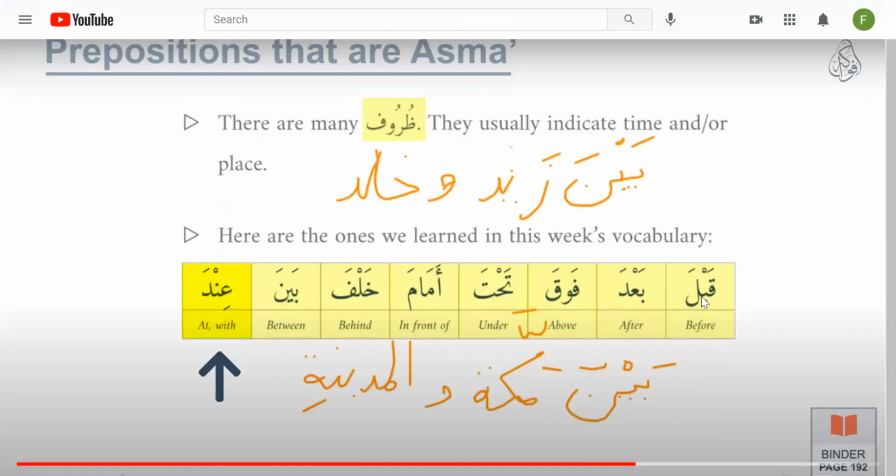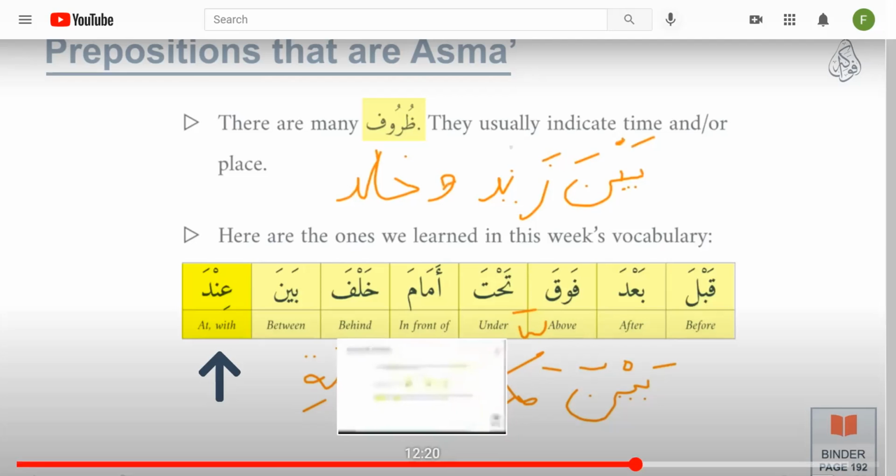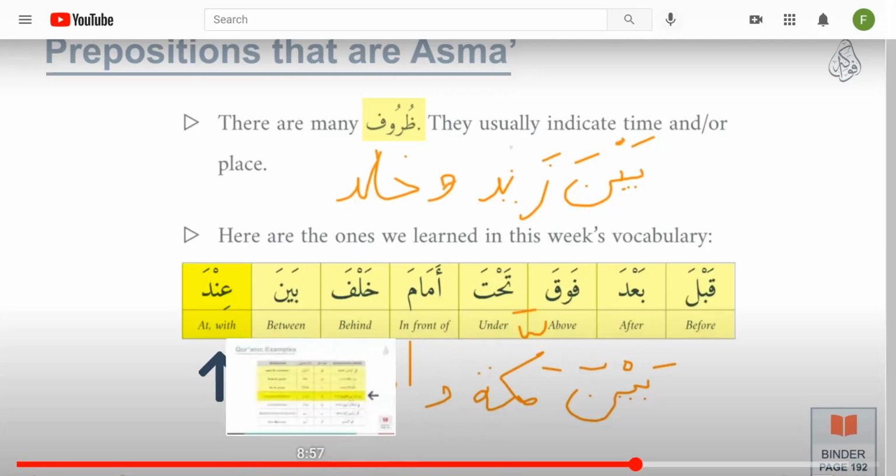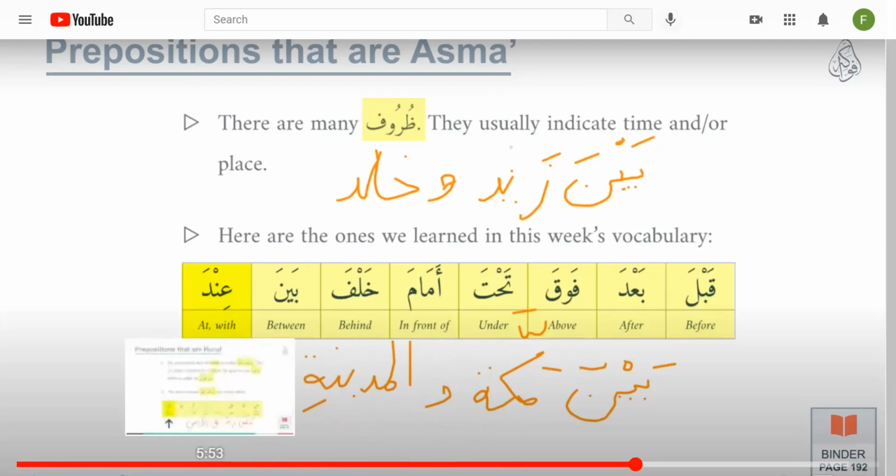So let's talk about that real quick. This will be the last thing that I talk about today. Notice that the dhuruf have a fatha at the end, right? One fatha specifically, though they can technically have two, but normally they have one. Notice that for the huruf, which is this picture,